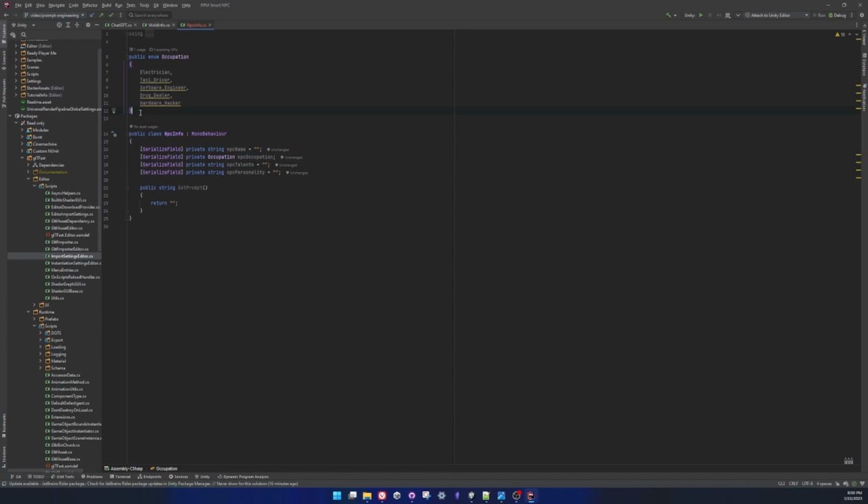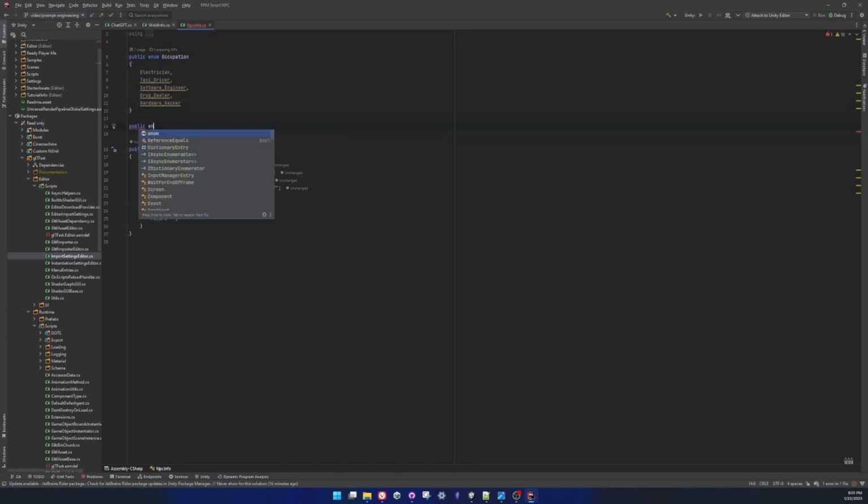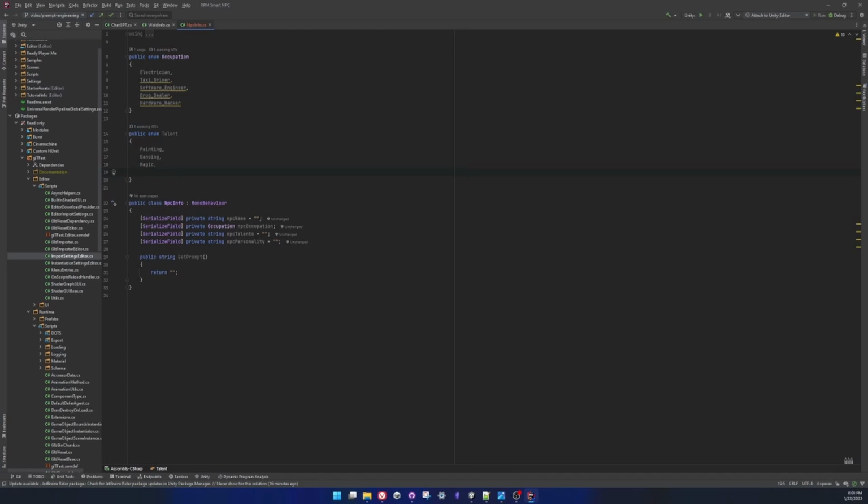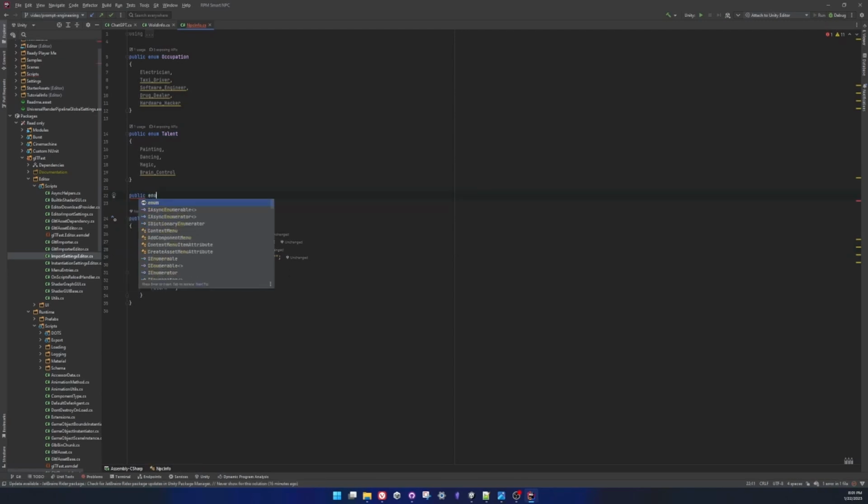And then same for talents, public enum talent. Quickly, let's say painting, dancing, magic, I do not know, and let's say brain control. It's totally up to you. Let's change this from string to talent, remove the empty string, and finally personality, public enum